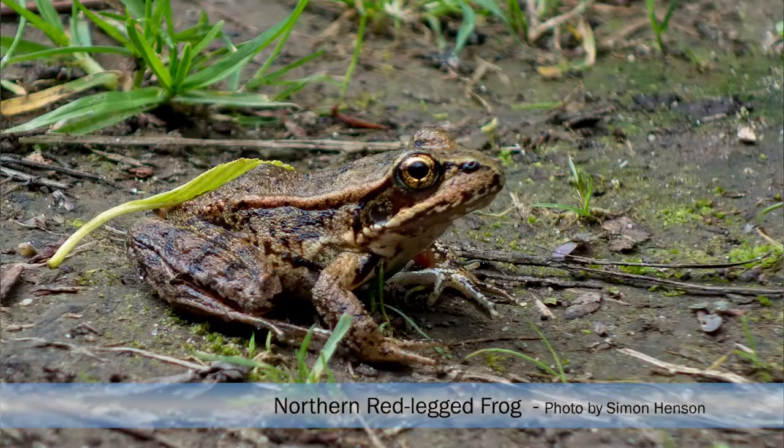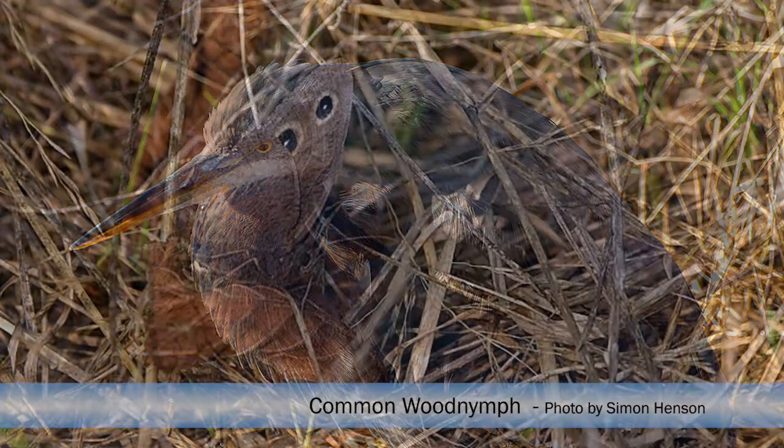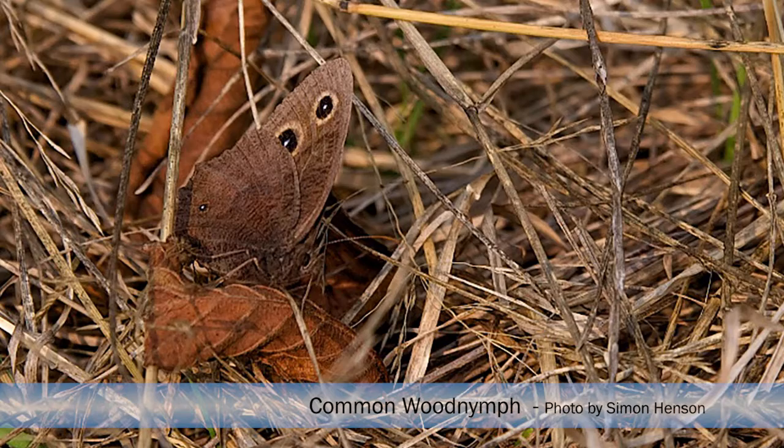We've had some really interesting species at risk start to use the wetland areas. For example, the red-legged frog. We've also had species like the great blue heron foraging in our ponds here. One of our provincially listed butterflies, the common wood nymph, which is not so common anymore, is also found here now. So it's been really incredible to see the mix of things that are starting to use these new wetlands